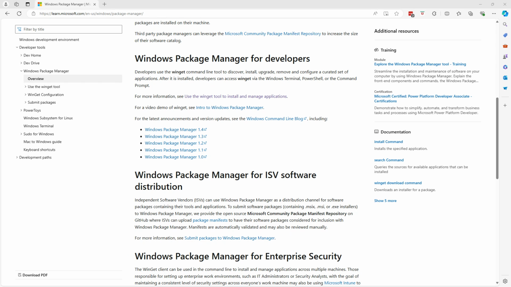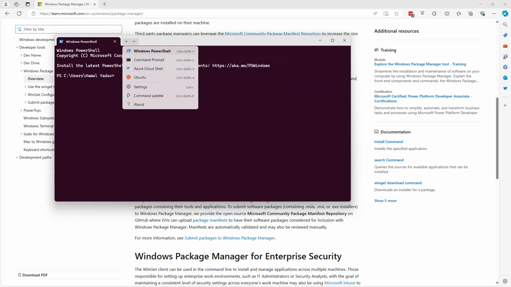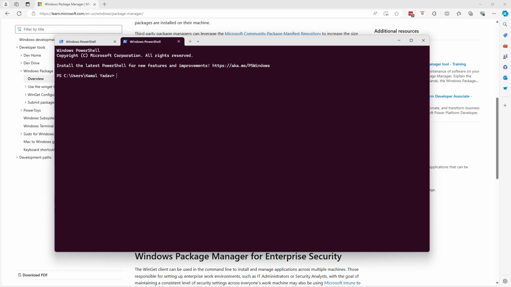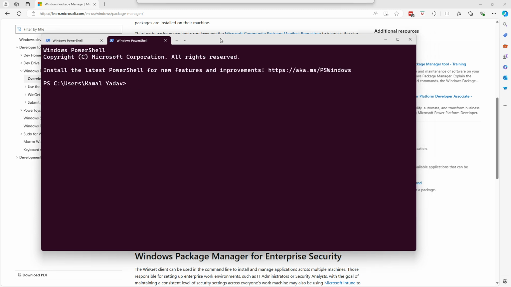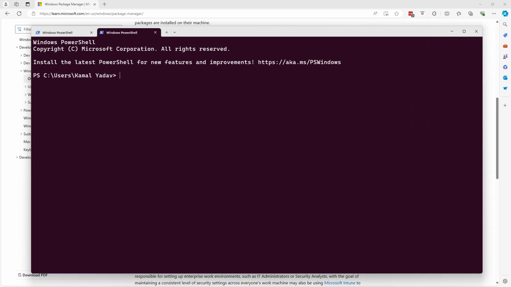we have to make sure to run PowerShell with admin privileges. Otherwise, it will prompt for a username and password with some of the applications that need those privileges before it can install them. Okay, let me zoom it a little bit more. Okay, so